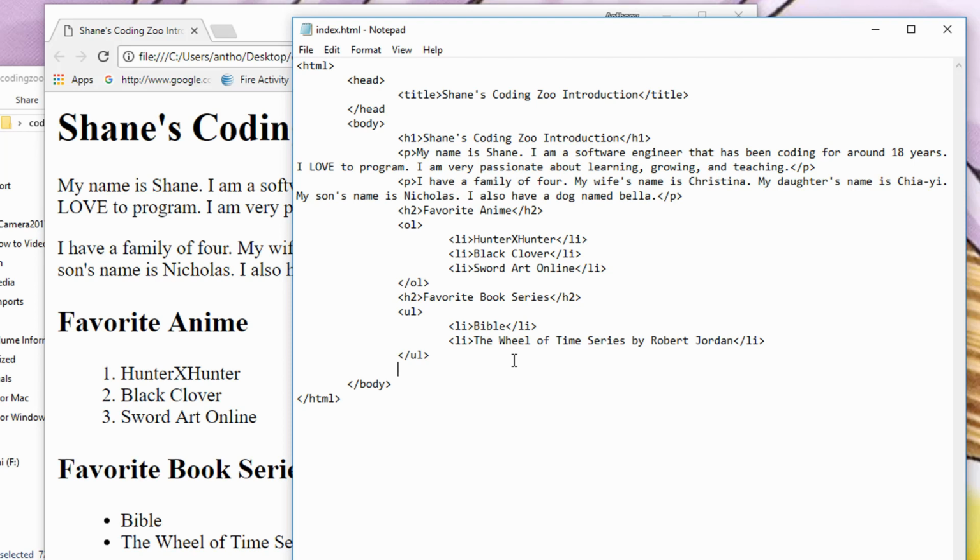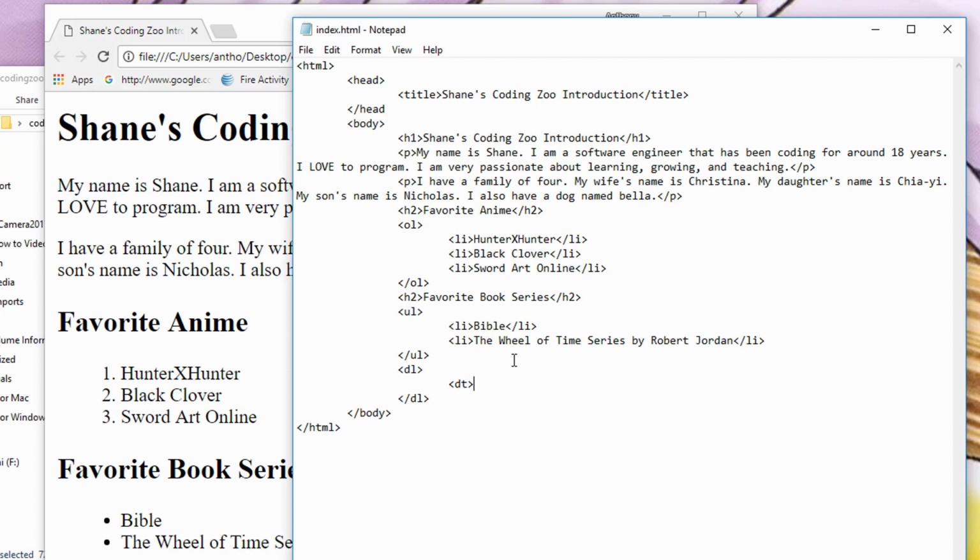So if you look right here, I'm going to type in DL. So less than sign, DL, greater than sign. I'm going to put my closing tag, less than sign, /DL, greater than sign. I'm going to go to the middle of those 2 tags and press enter. Make sure I got the correct tab spacing. And now I'm going to put the tag DT. So less than sign, DT, greater than sign, and